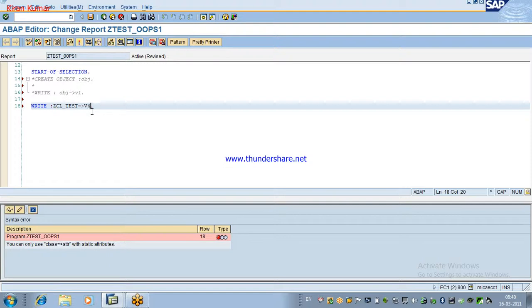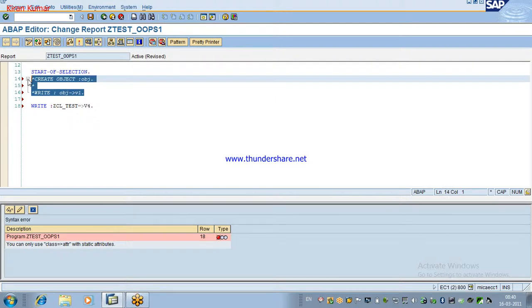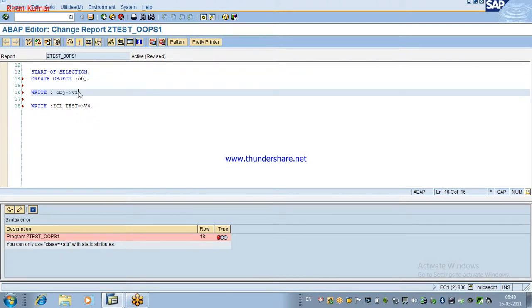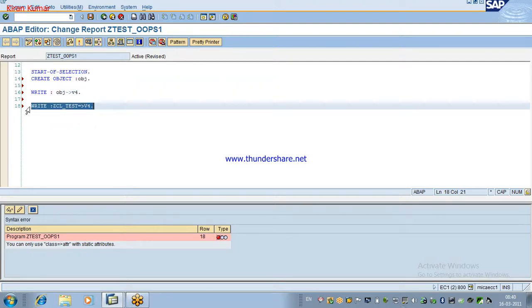And one more thing. Static you can also call via creating an object. Correct? For example, if I create an object, I can also call static. I can also say object v4. This is true. Static you can call either via class double arrow name or via object arrow attribute or method name.